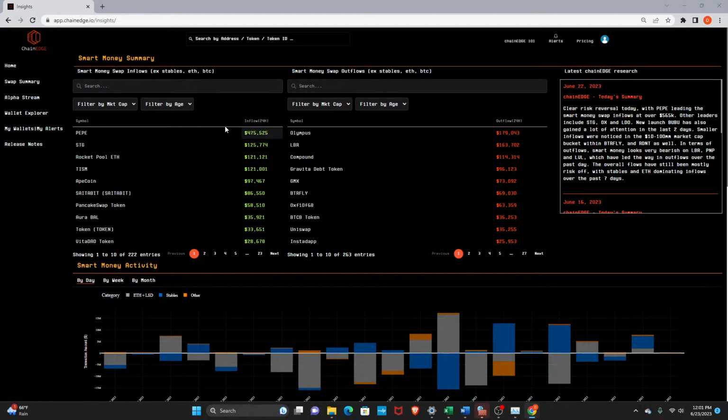I spend most of my time here on the top left, where you can filter flows by market cap. Depending on what you're looking for, if you're looking for big trades, you can filter for the big real tokens. You can also filter by token age. For prime degenning, I find myself filtering in the 0 to 2 or 3 to 5 year old token category, and then this will spit out